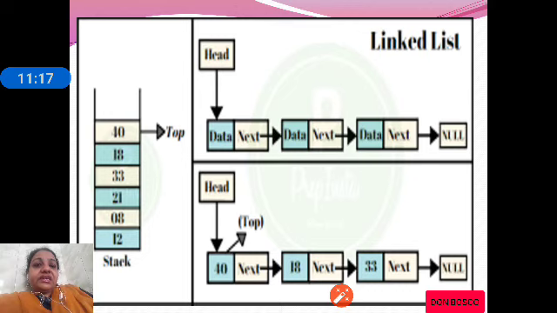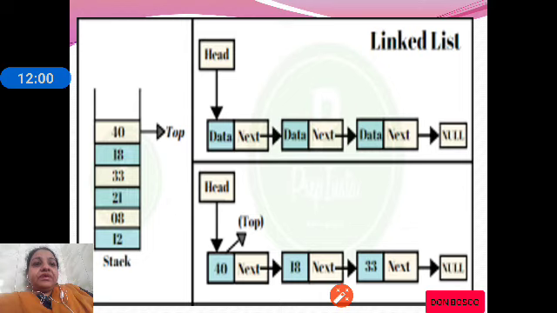So now we can see the stack has 10, 8, 21, 33, 18 and 40. So we can see the linked representation where we have something called node. Node has two parts, data and the next or the link part. As of now we don't concentrate on the link part, we are interested only in the data stored. So as you can see, the data stored here is 40, 18, 33, 21, 8 and 10.